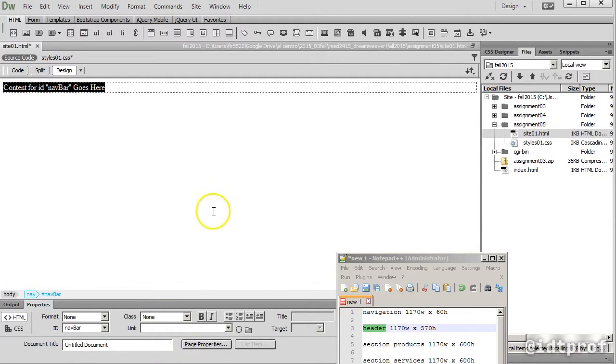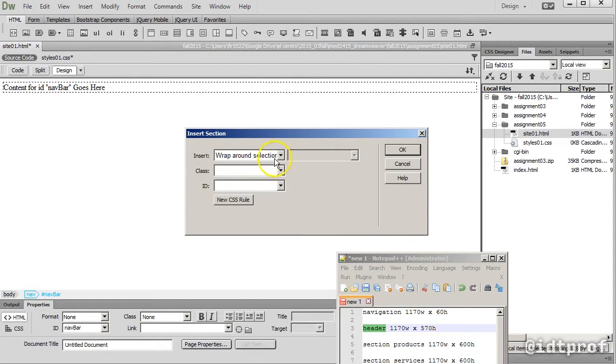Like the others, it could have 2 columns. This one currently just has 1 column, but I might change from single column to multiple columns. You never know. So I'll insert a new section, this icon here, and I'm going to insert it after the tag that I just inserted, which was the navbar. I'm going to give this an ID of page header